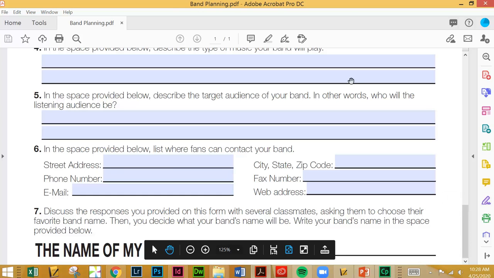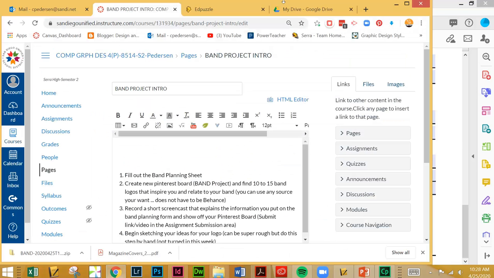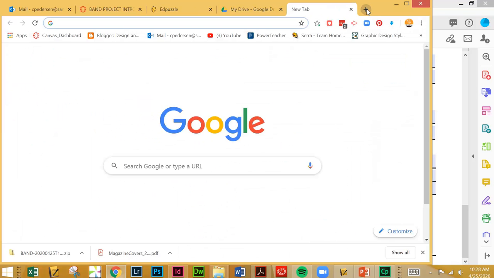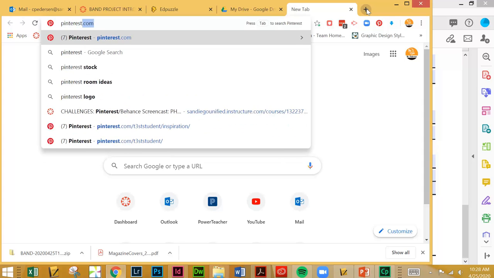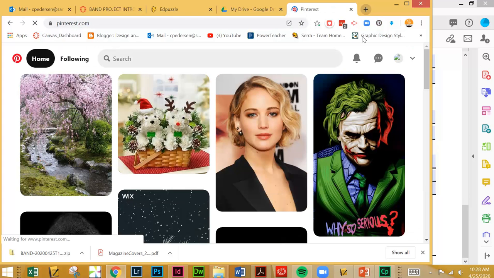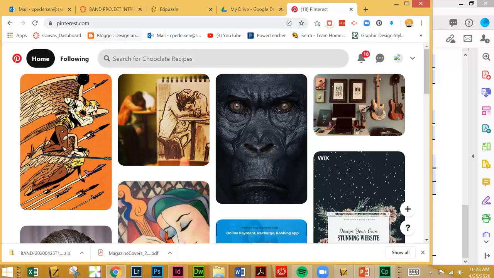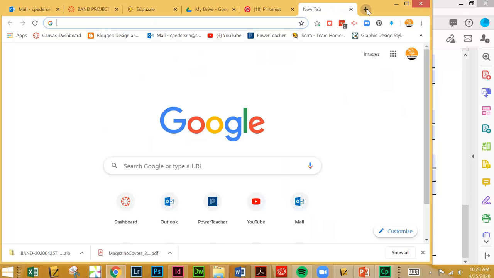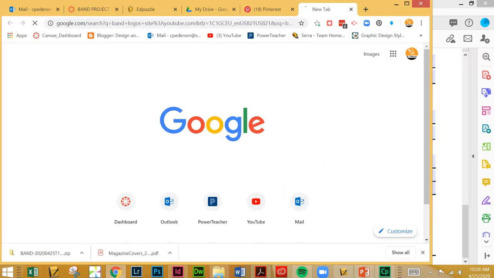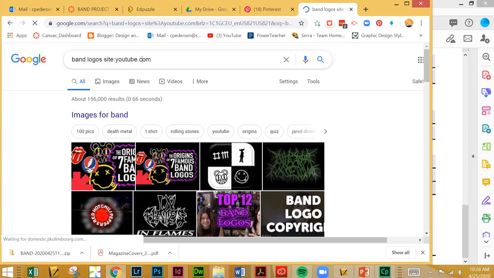Once you have this done, then what you're going to need to do is go to Pinterest. And when you go to Pinterest, you're going to go through and create a new mood board for your band logos. So you're going to start looking for logos in here. Now, you do not have to use Behance to find your logos. Maybe you already know of some bands that you really like. So what you could do is just look up band logos